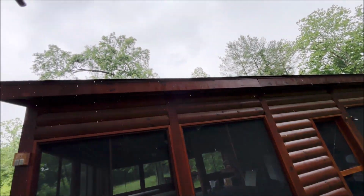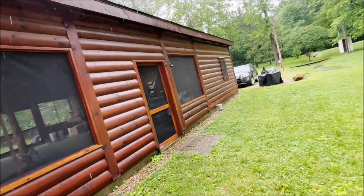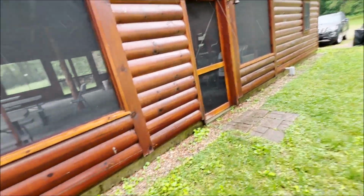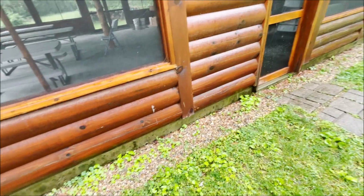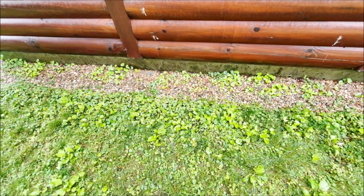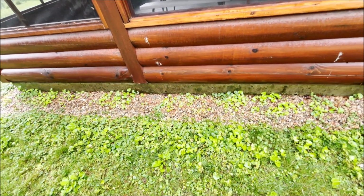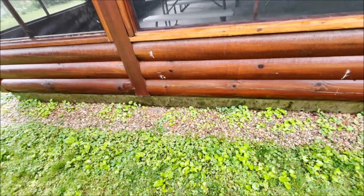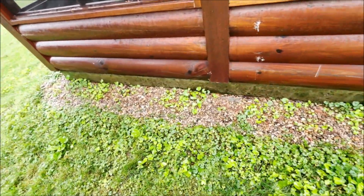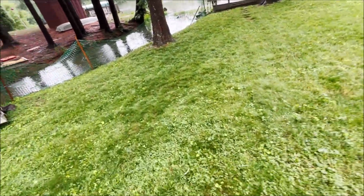We don't have any gutters to catch the rain because there's so many leaves. We'd have a problem. So what we have is this river rock around the edge of the pavilion and the whole lodge. Down at the concrete at the foundation, we have a dry well where we ran 4-inch black pipe,